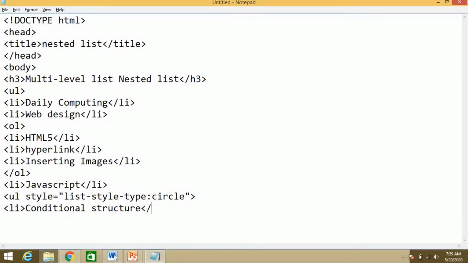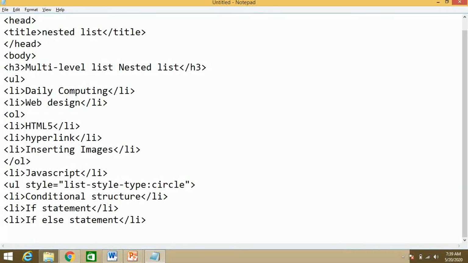Okay, close the li tag, then use this li if statement, close this li tag, then li if else statement, close this li tag, li case statement. Okay, case statement, close this li tag,